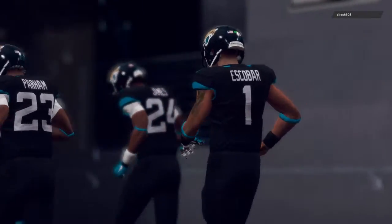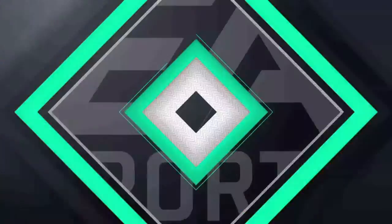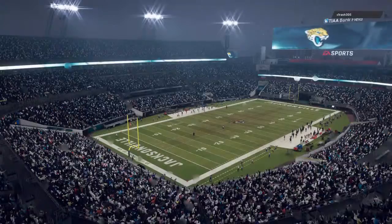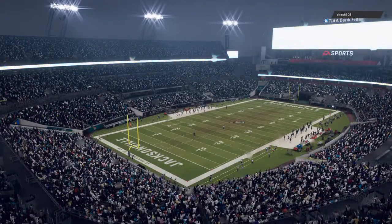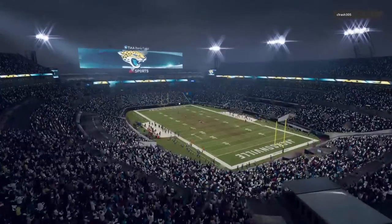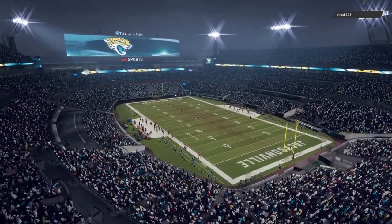So for Houston, the train just keeps rolling. 9-0 now to start this campaign. And they'll return home next week to take on the Green Bay Packers. Meanwhile, for the Jaguars, their season is on life support somewhat now at 3-6. And they'll try to get back to their winning ways next week as they head